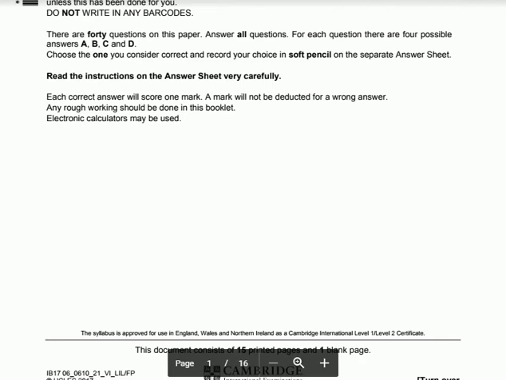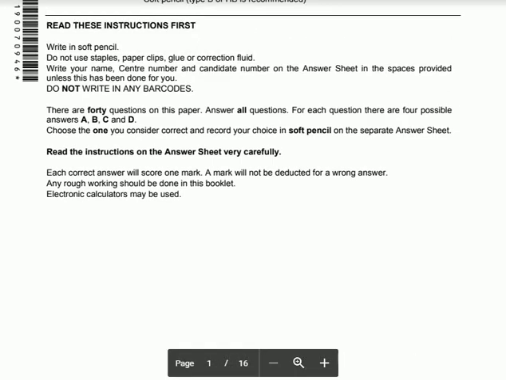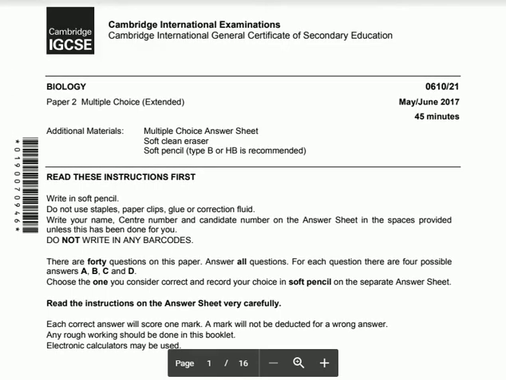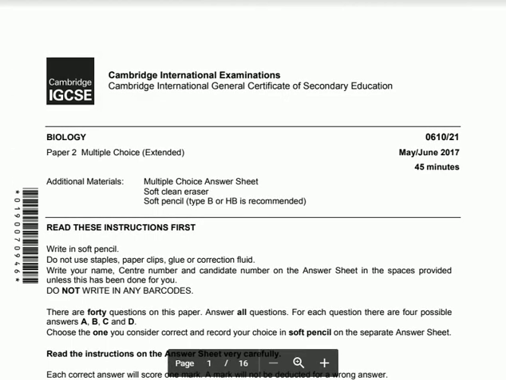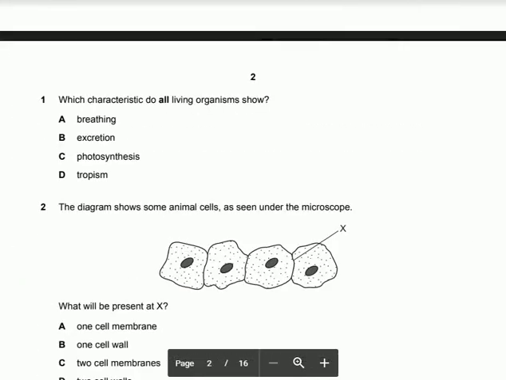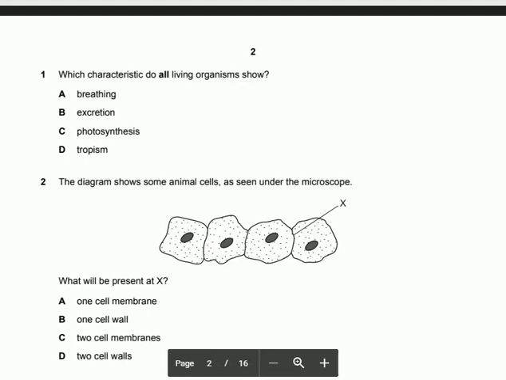Just to tell you guys, I haven't solved the paper yet. But I have solved the extended papers. Extended means the main paper, the Paper 4, and I found it quite interesting. So I thought that maybe this paper is interesting too. So without further ado, let's begin. This paper is completely new to me, so I've never solved the questions, but I'll try to answer them correctly. So this is a surprise for me.